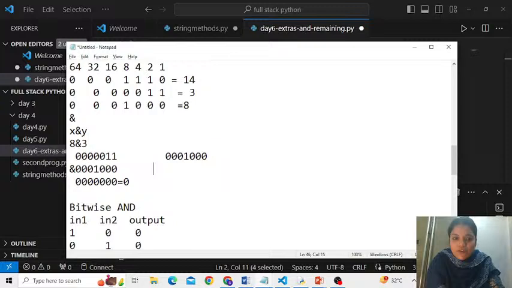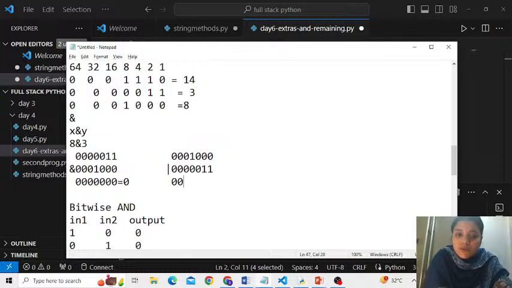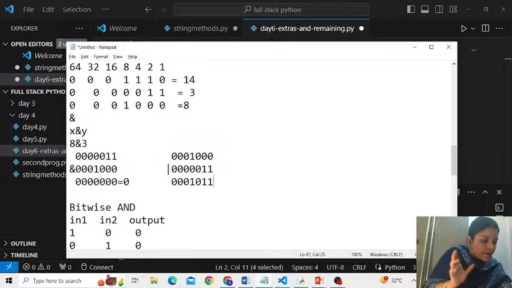Okay, so this is how we write 3: 0, 0, 0, 0, 0, 0, 1, 1. Now try to do OR here. Come on, right? Both the bits are 0, so the OR will also result in 0. Again, both the bits are 0, OR results in 0. But at least one bit is 1 this time, so OR results in 1. This is resulting in 0. This is resulting in 1. This is again resulting in 1.